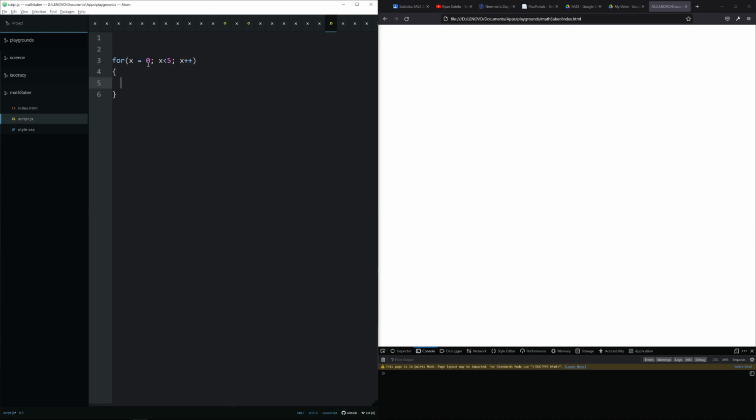In this case, we type for, and then in parentheses we do all three of those things. We tell it what the variable is, we tell it where to start, we tell it what the breaking condition is, and we tell it how much it should change every time we run through the loop. So in this case I could say